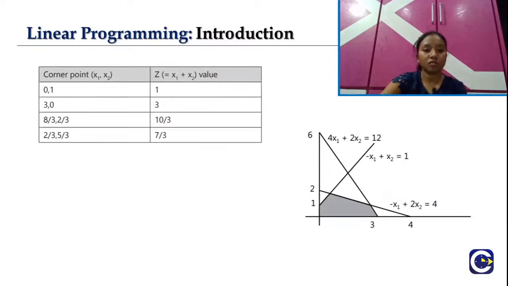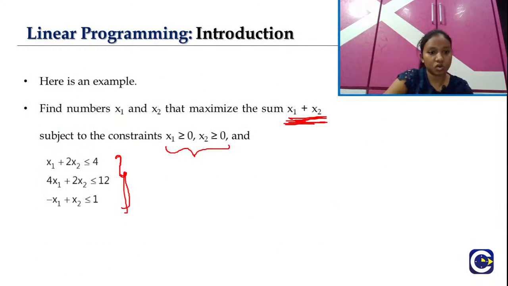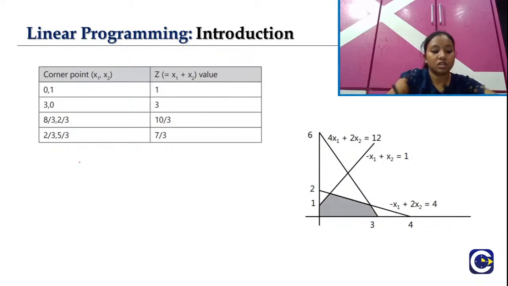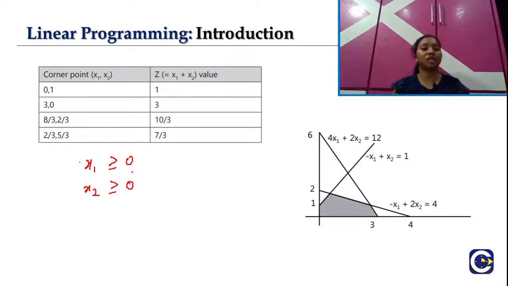So let's see the example which we saw in our starting. What are the constraints which they have given there? Let me check it once. All are less than or equal to inequalities. First, the non-negative constraints are common, so let's write them first: x1 greater than or equal to 0 and x2 greater than or equal to 0. These two are our special non-negative constraints, and the other three constraints which they have mentioned are